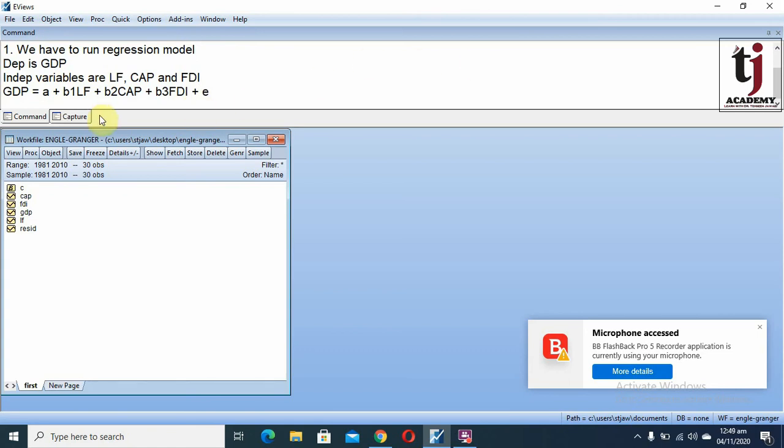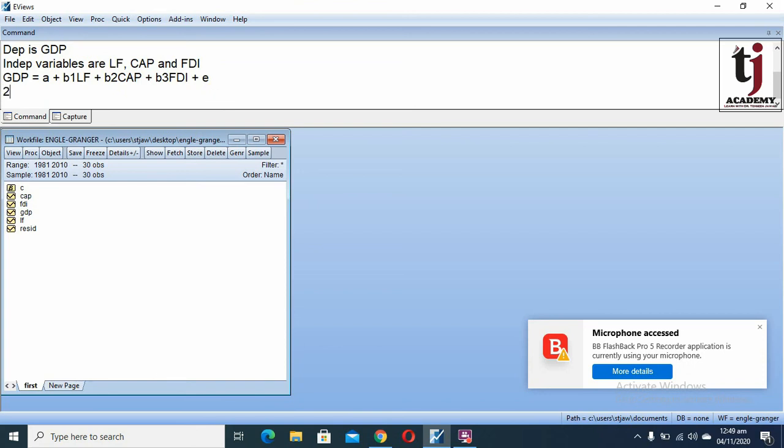This is the model. So the first step is we have to run this regression model. Second step, estimate its residual or error.